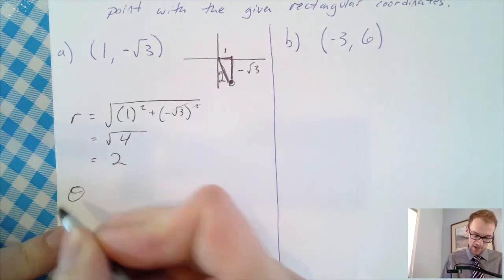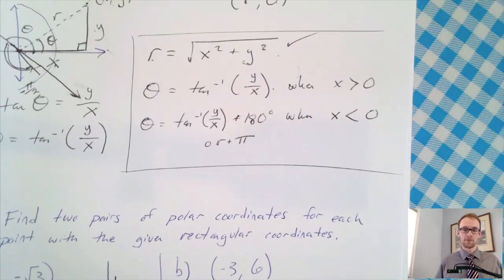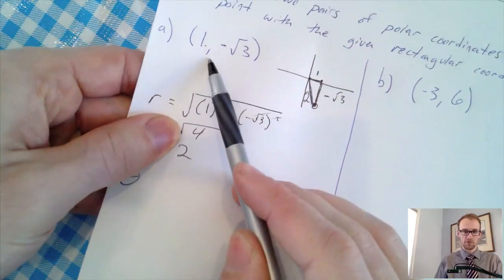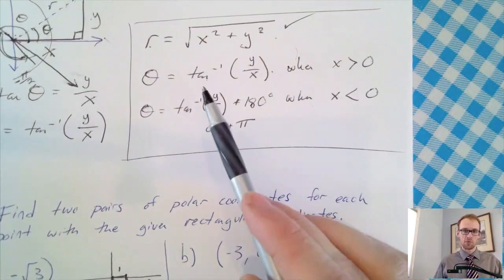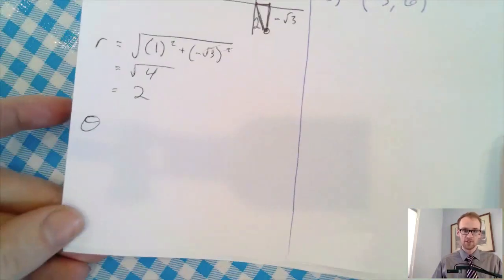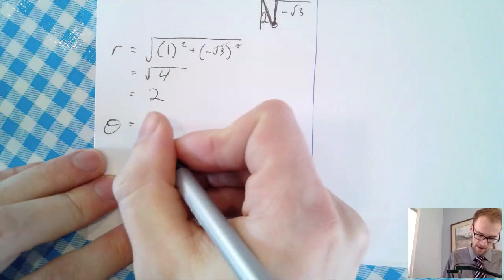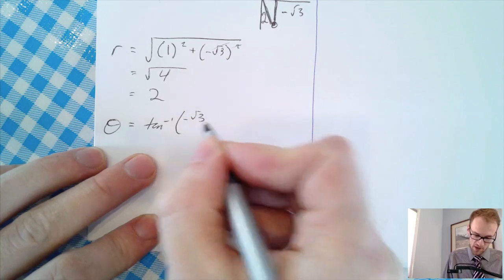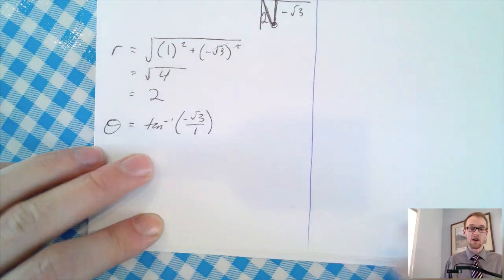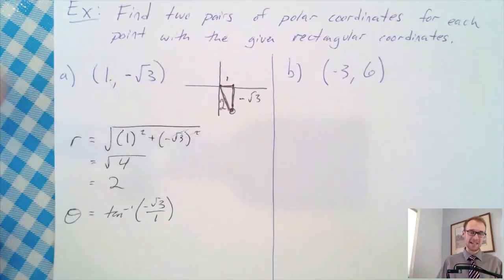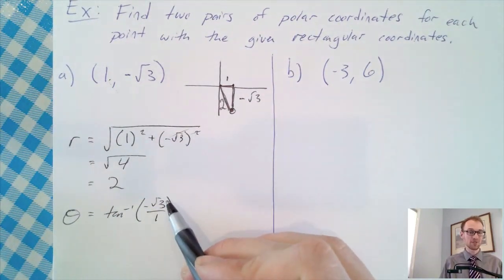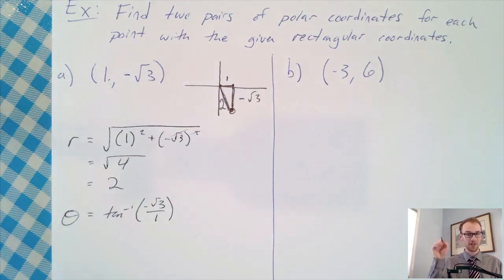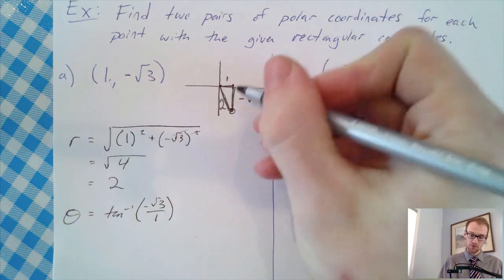Now we need to find theta. Let's revisit our formula here. Which one are we going to use? Well, our x value is positive, so we are going to use the top one. We're just going to find the inverse tangent of y over x. So theta equals inverse tangent of y, which is -√3, over x, which is just 1. Now, this happens to be a special right triangle. √3 is a tangent of a special angle. If you remember your unit circle and how to find the tangent values, you know that